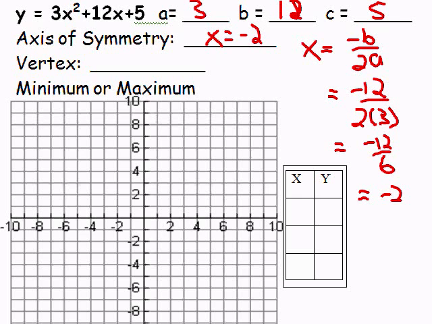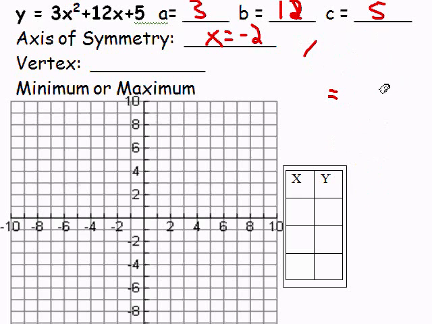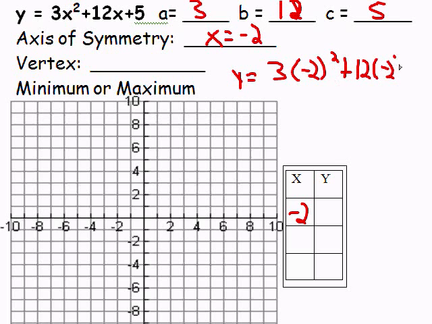Now we're going to use that x value to find our y value of the vertex. So now that we know what x is, we can substitute that x value in. I'm going to put it right here in our table. And I get y is equal to 3 times negative 2 squared plus 12 times negative 2 plus 5. So 3 times negative 2 squared, we have to evaluate this expression in the order of operations, or PEMDAS. So we get 3 times negative 2 squared, exponents come first, so 3 times 4, plus 12 times negative 2 is minus 24,